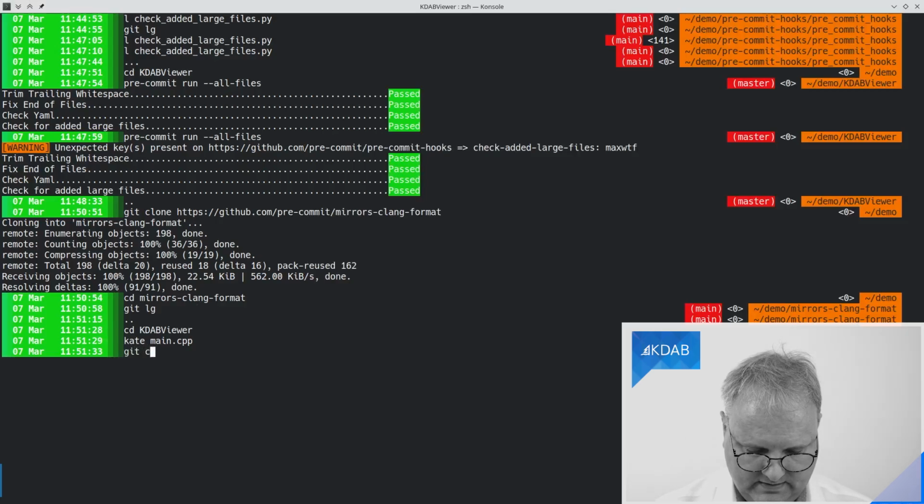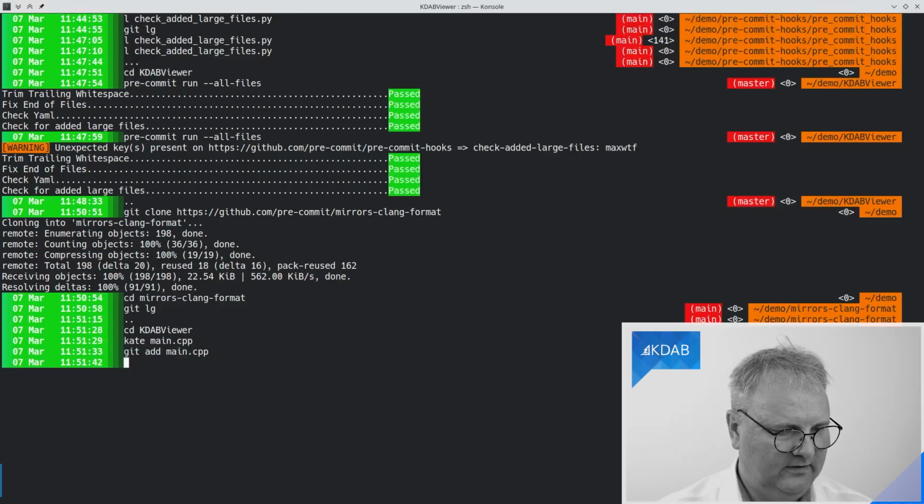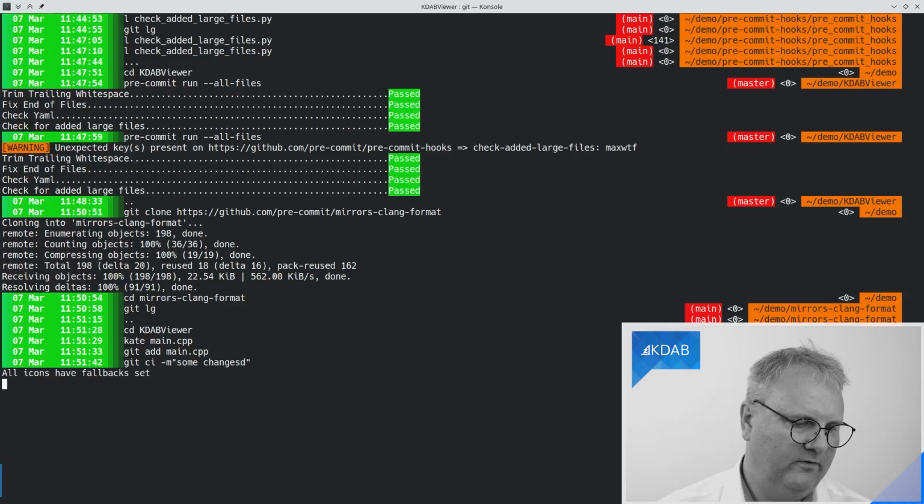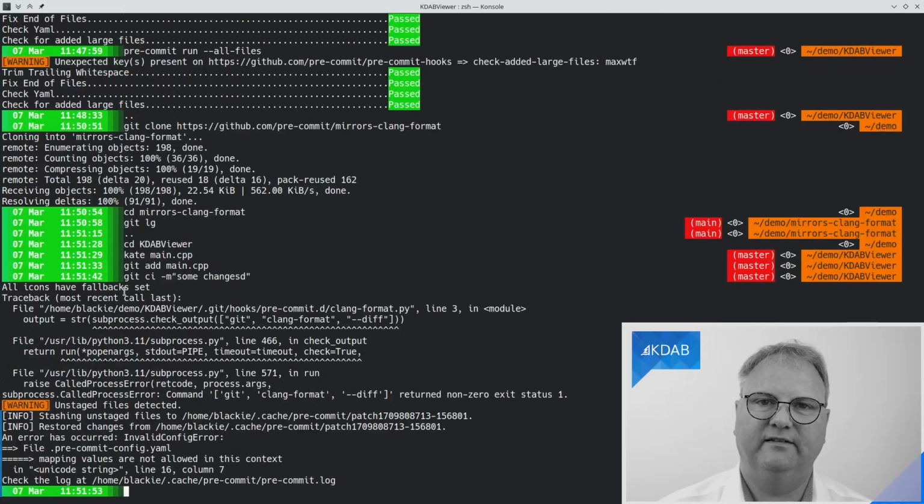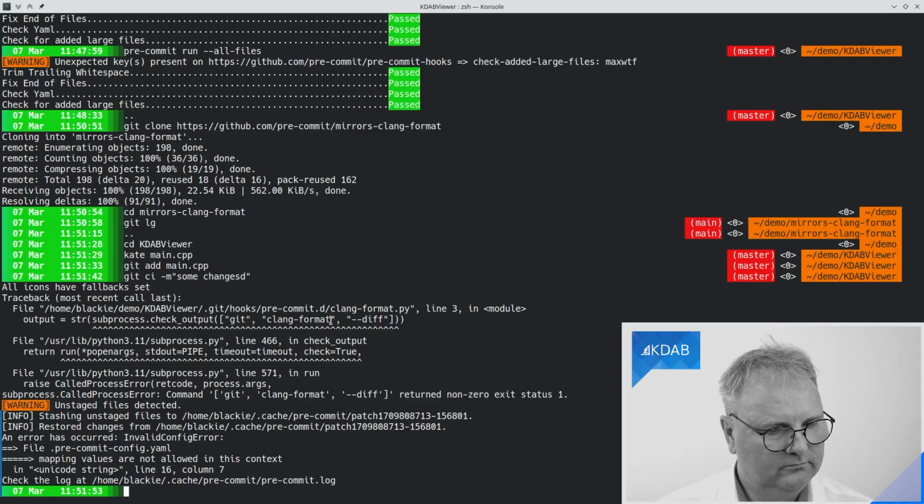And then git add main.cpp and git commit some changes here. And hopefully, all icons have fallback set. That's one of my existing hooks that works there. And it will come and complain about git clang format minus diff. That's interesting.